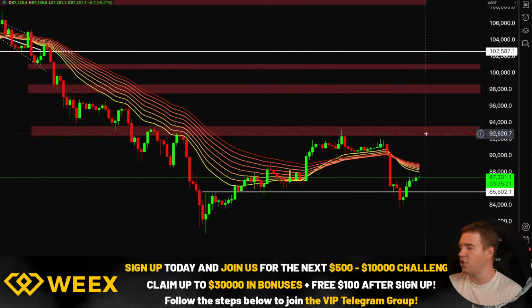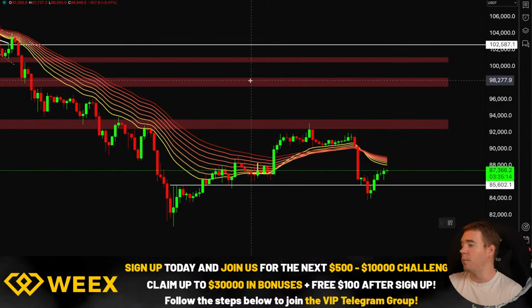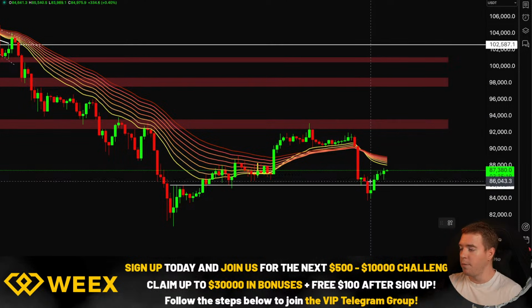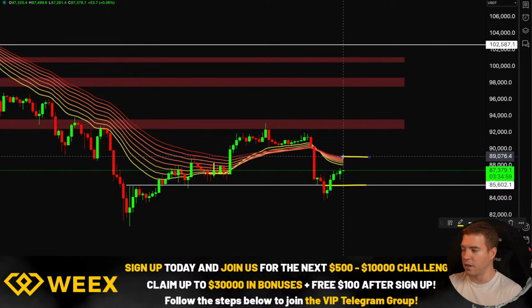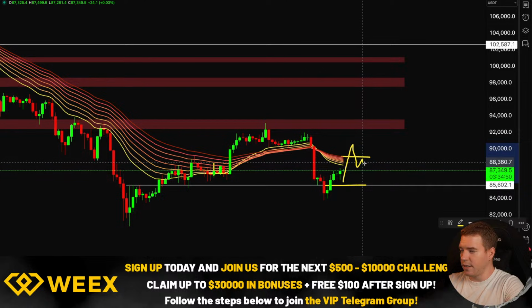So here on the 4-hourly chart, Bitcoin is now also retesting the EMA ribbon. Remember what I said the last time? I think I said this yesterday or the day before, that there will be a point in time when we break above this line, where we come back and test the upper end of the EMA ribbon. And for a fast scalp, that is where you want to get out of this trade again, because there is a high probability that we are just not slicing through this, and rather go up, get rejected, come down again,